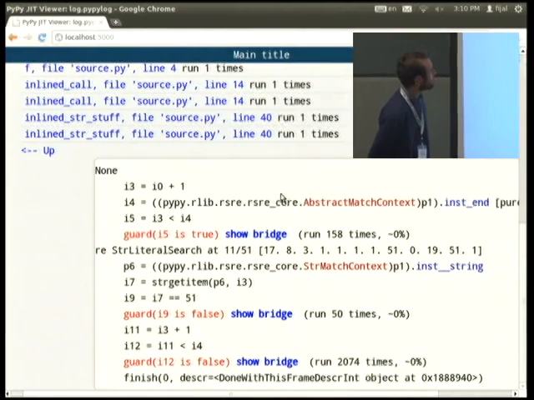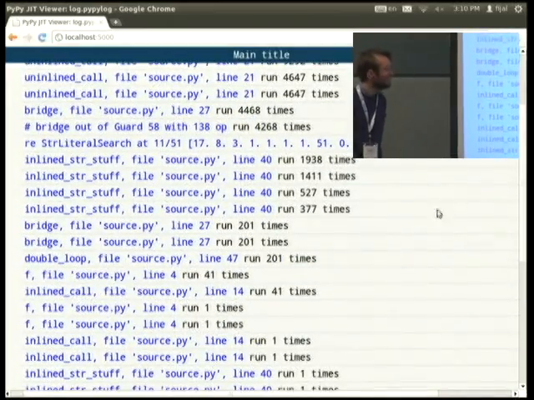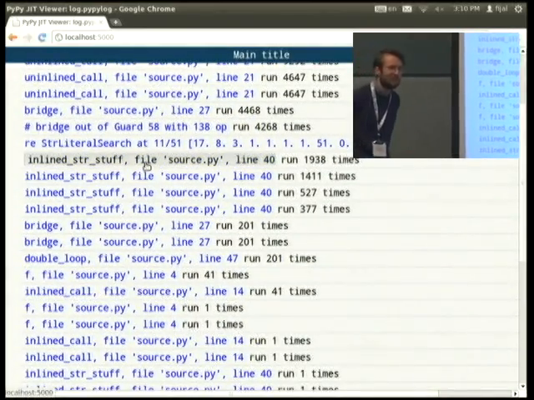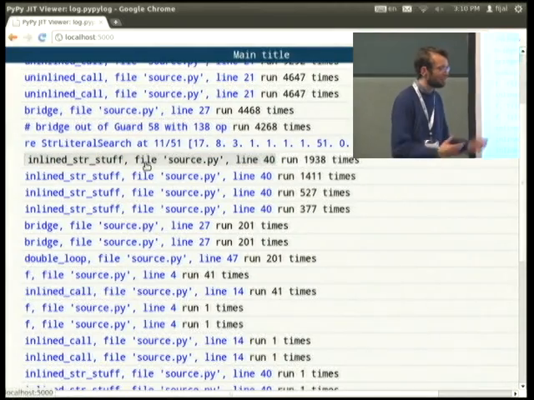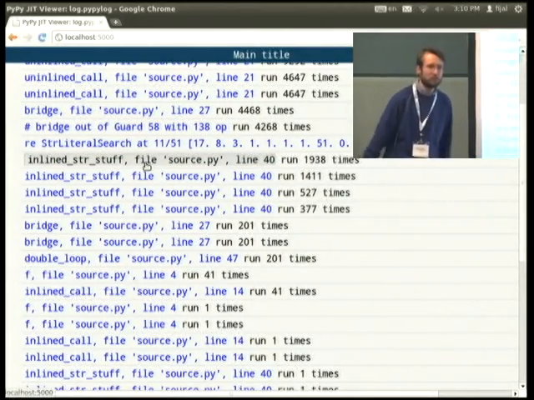And that's a bridge. Doing stuff, and finishing as well. The point is that this regular expression is compiled into these few assembler instructions.